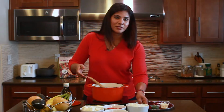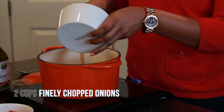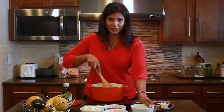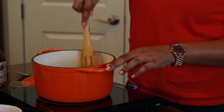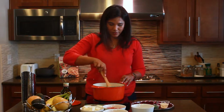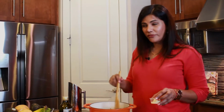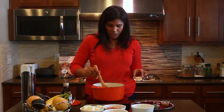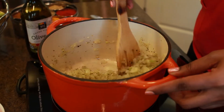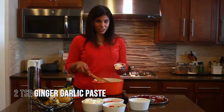Next, I'm going to add 2 cups of finely chopped onions and let this fry for about 5 to 8 minutes till the onions are soft and translucent. So the onions have been frying about 5 to 8 minutes. And they've become soft and translucent and turning a light brown color, which is when we add 2 teaspoons of